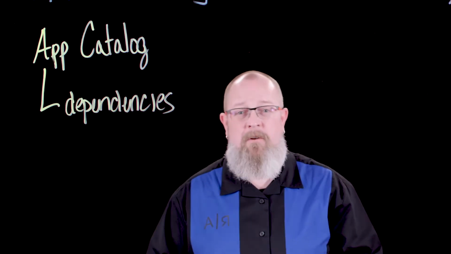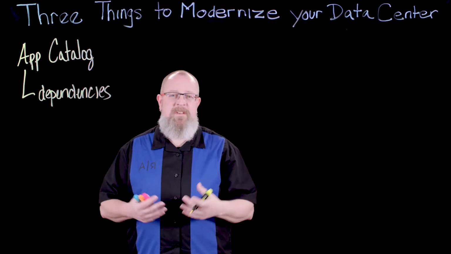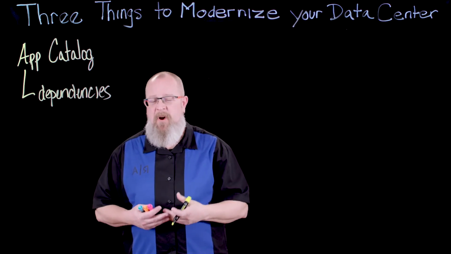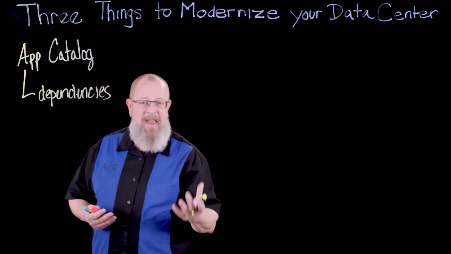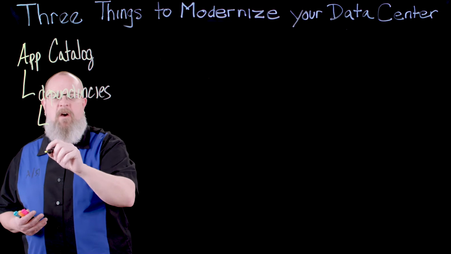Does your application require a database backend? Does it have a front end? What is the middleware? Is it something you bought or something you built? These things are important. Once we describe the dependencies of an application, we can then map that even farther down